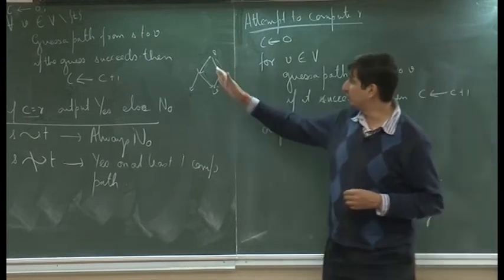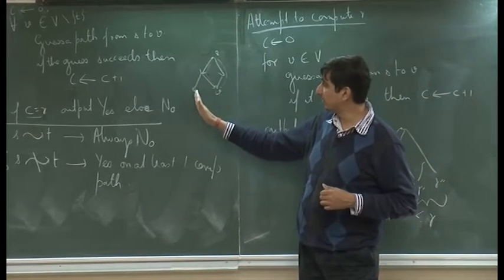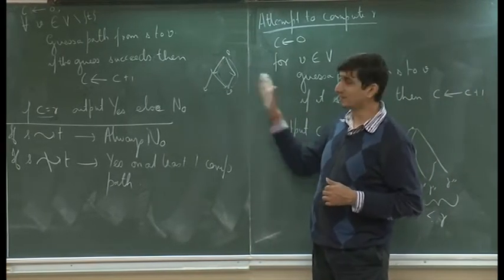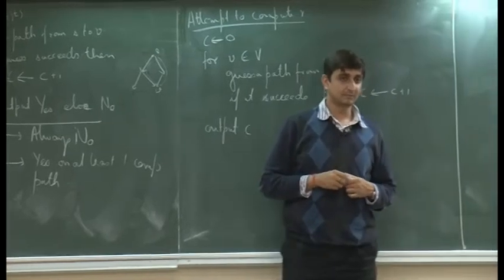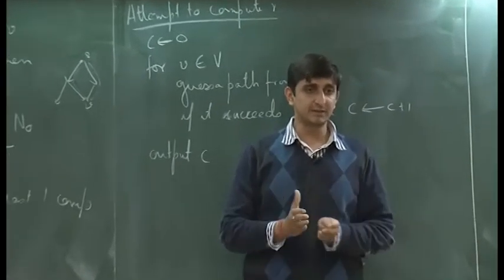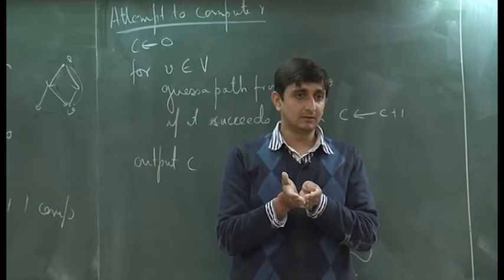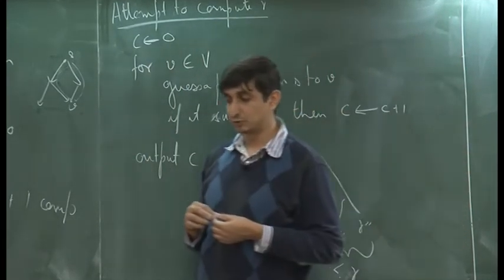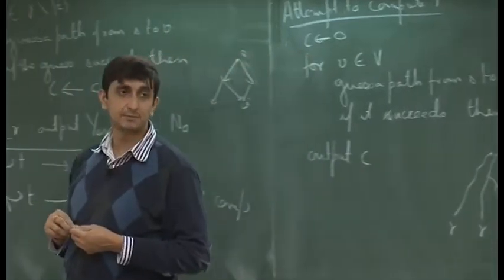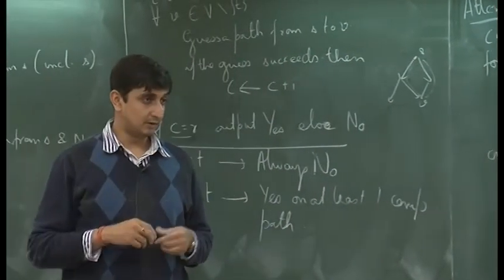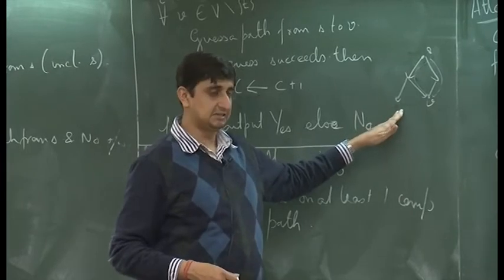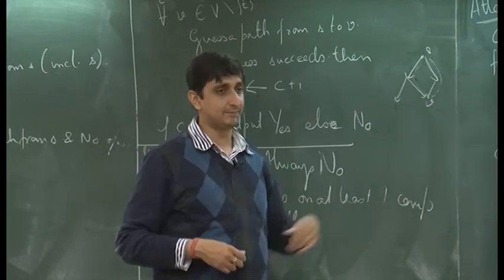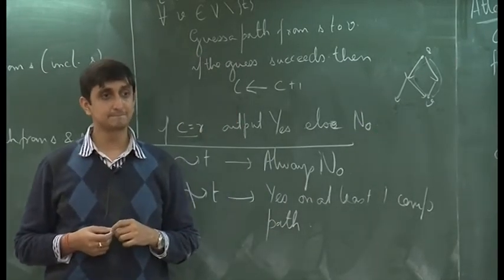Because the moment you proceed along a particular computation path, you do not know what is happening in the other paths. Computation is proceeding only along one path. So it is only the global property of the machine that you use to decide whether a string is acceptable or not. Locally within a computation path, they are totally ignorant about what is happening along other paths.